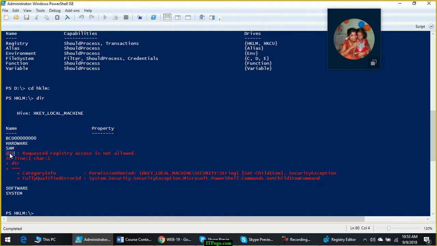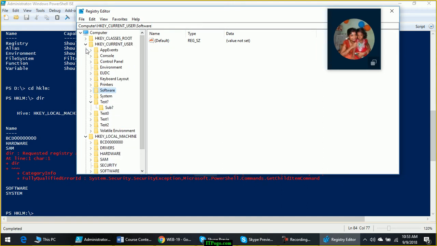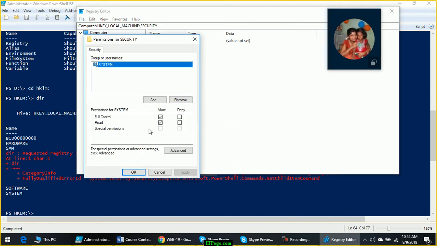Now there is a registry key for which I don't have permission. The key name is HKLM security. Even from this GUI, if I try to browse to that location security, I am not able to see anything under that. So if I want to see that, I have to provide myself the permission.